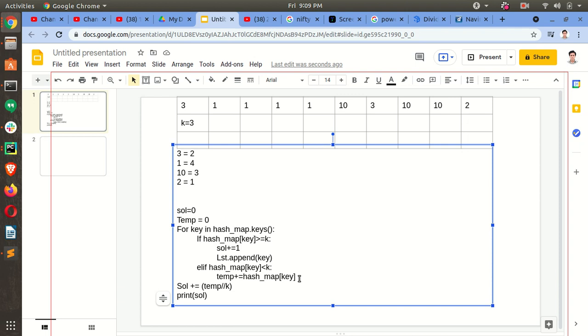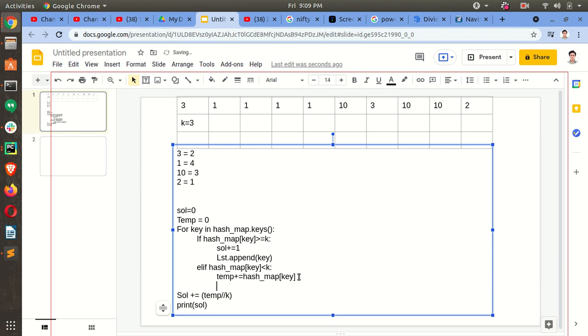So this is what we will do, and then we will store lst2.append(key). Okay, this one will also do. So these two types of list we will make.